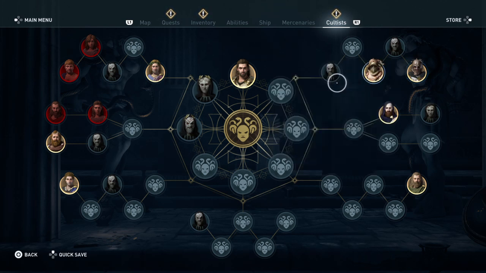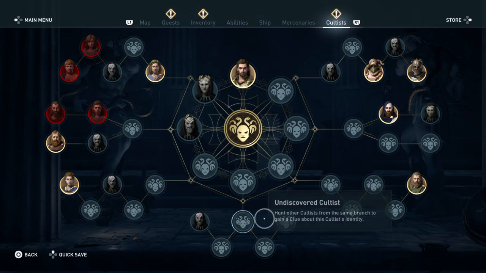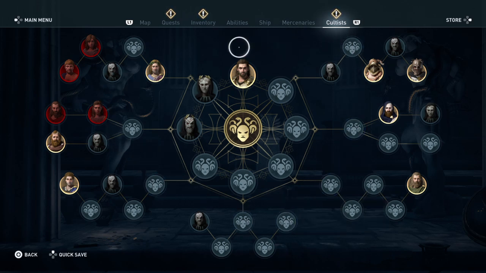So all the 7 branches kind of have a purpose, but they're all kind of in somewhat competition with each other within the cult. So it's very interesting. Yeah. But I like it. It's much more of like a mystery where you're getting clues, you're tracking down suspects and all this.